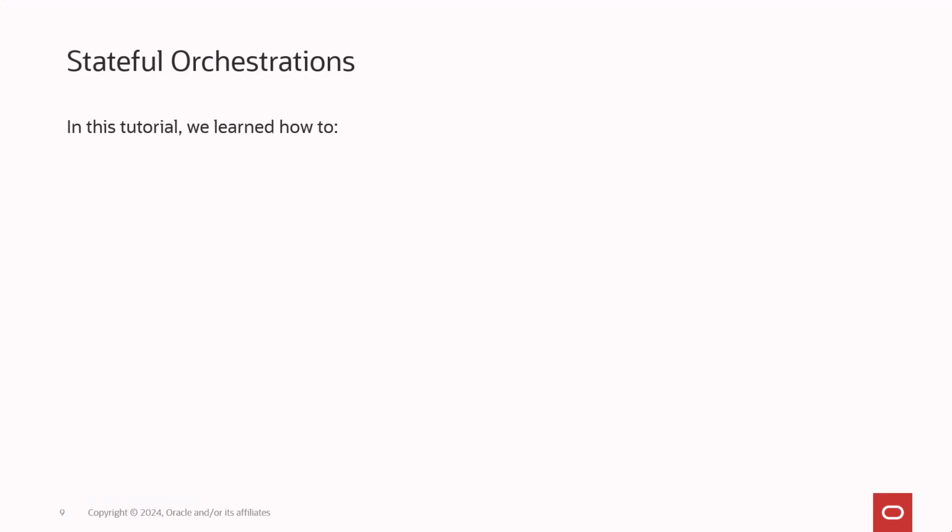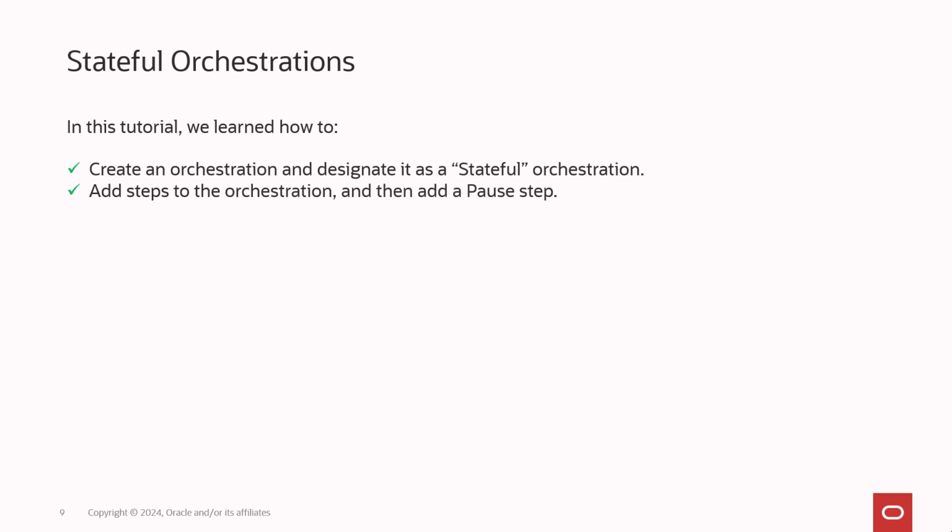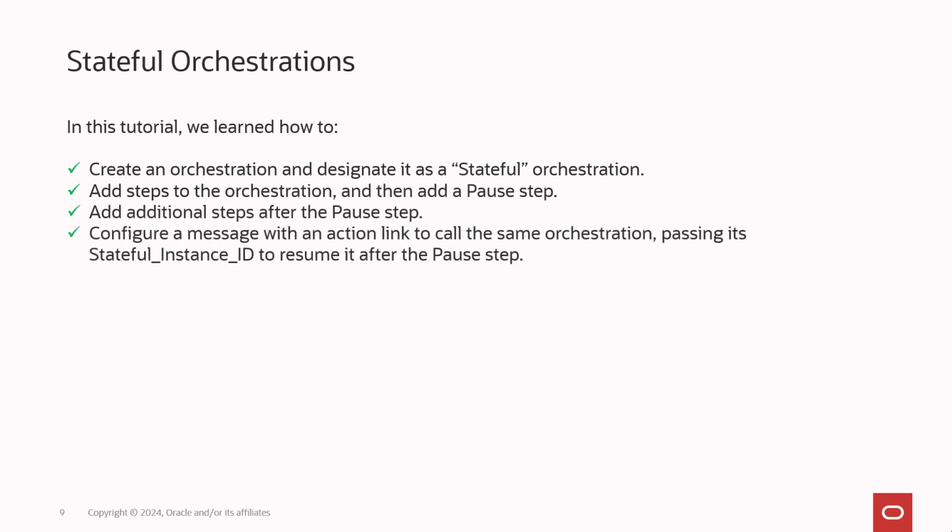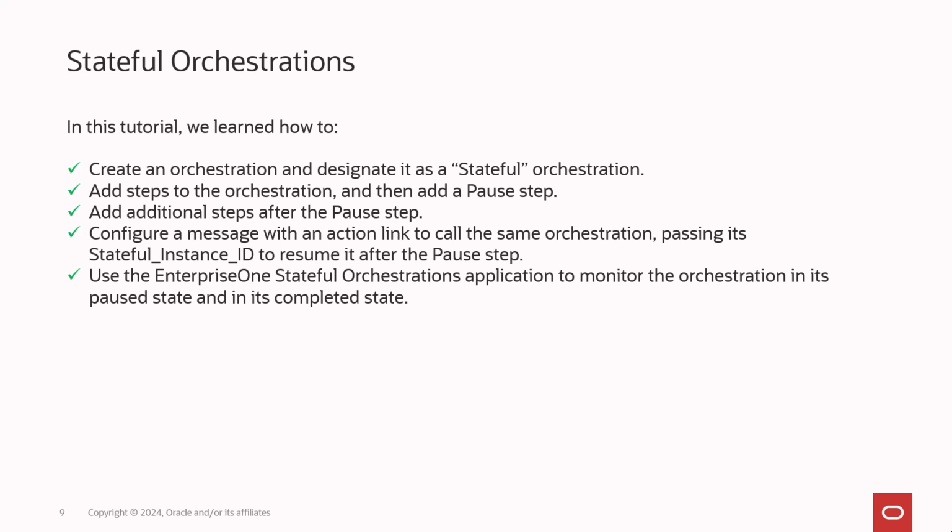In this tutorial, we learned how to create an orchestration and designate it as a stateful orchestration. Add steps to the orchestration and then add a pause step. Add additional steps after the pause step. Configure a message with an action link to call the same orchestration, passing its stateful instance ID to resume it after the pause step. Use the Enterprise One Stateful Orchestrations application to monitor the orchestration in its paused state and